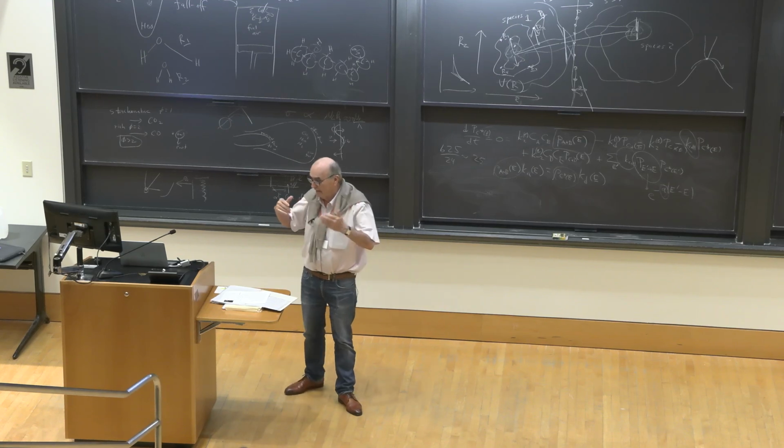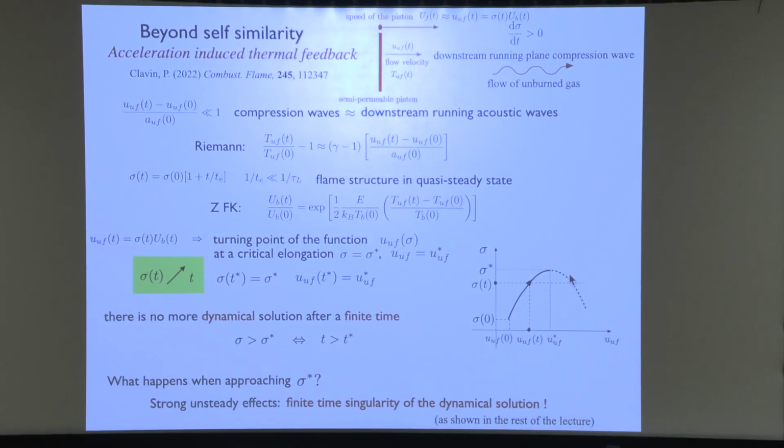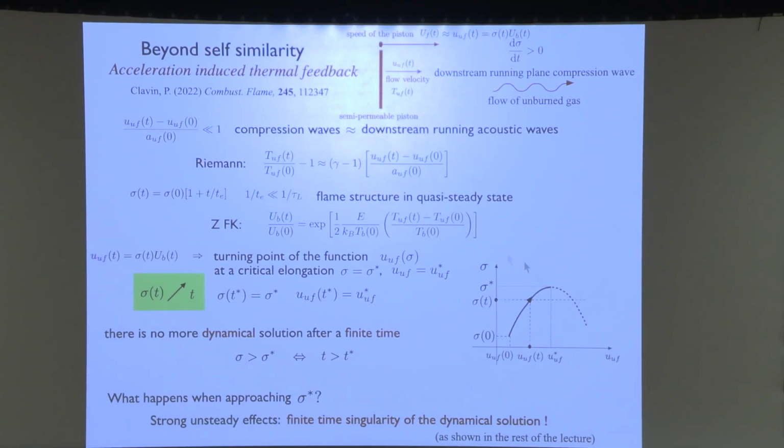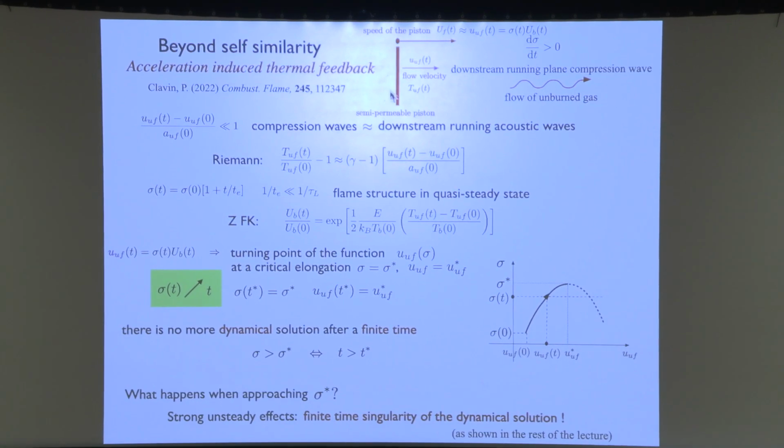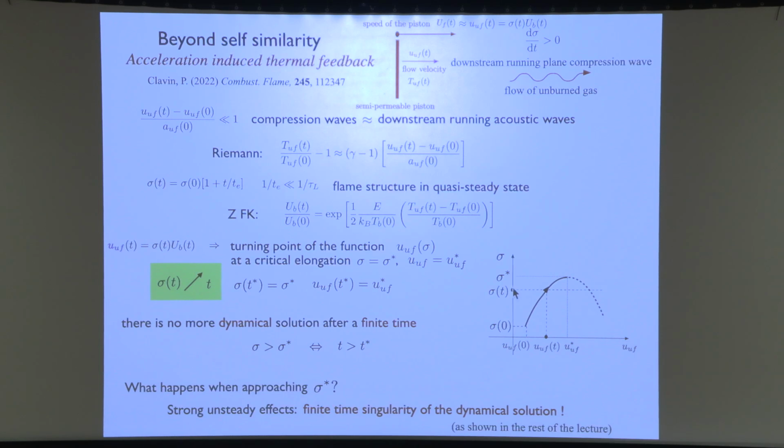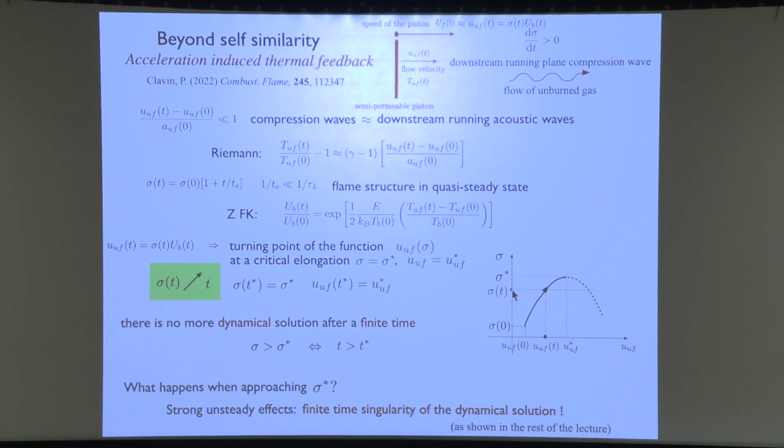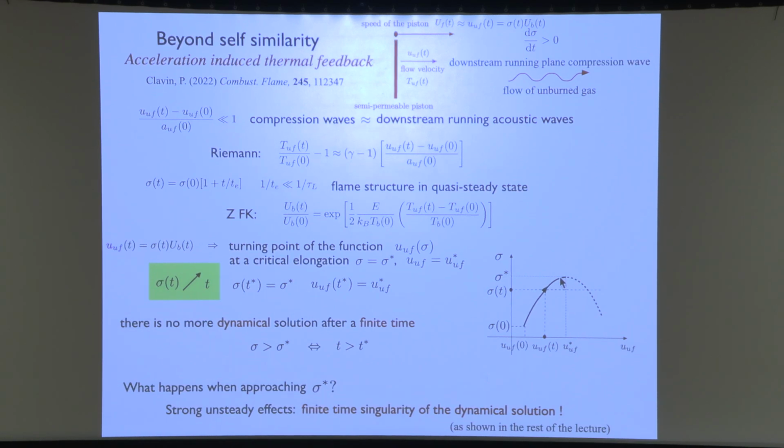And when you change to different values of the backflow, when the backflow increases, the solution, which is quasi-steady, has